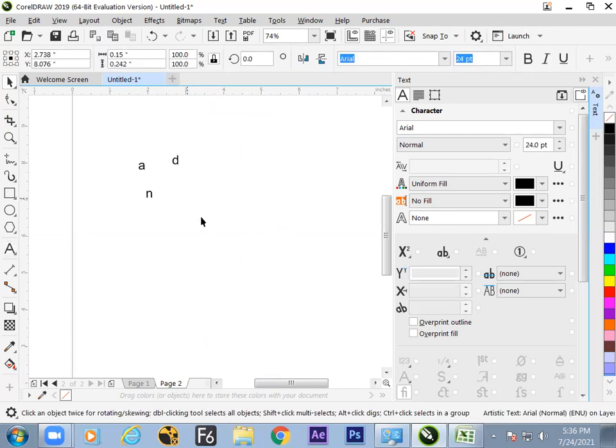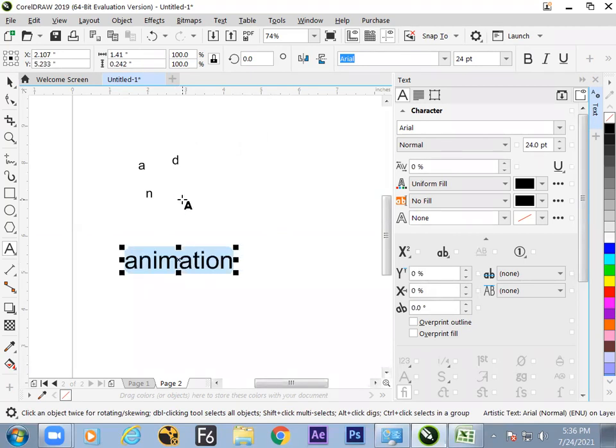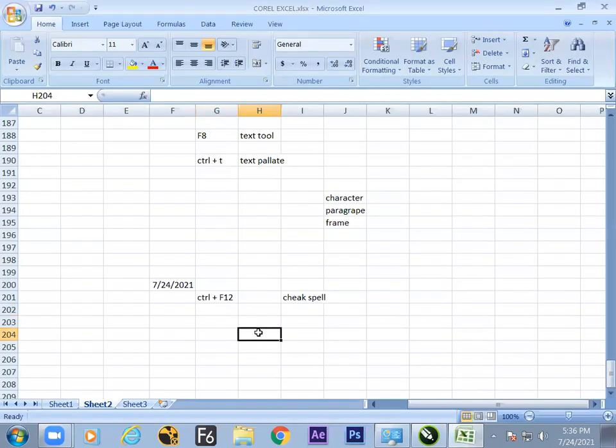Now, one more keyboard shortcut. Once you have typed, press Control A to select all. Then Control and num key 6 button will increase the font size, and the 4 button will decrease it. Note this down. This is a different keyboard shortcut in Corel, which is something else in Adobe. Control plus 6, and that 6 is the num key, to increase the font size by 10 points.